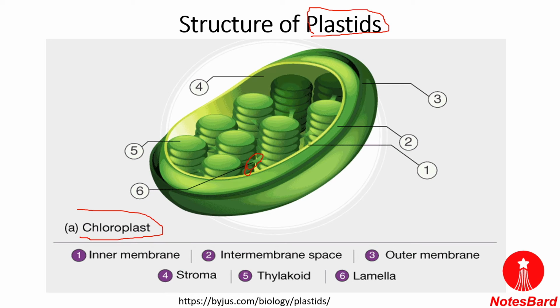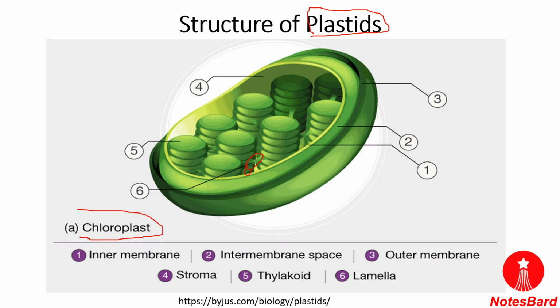So the chloroplasts are found in all the higher plants, and they are usually oval or biconvex in shape, found within the mesophyll of the plant cell. So where are they found? We have discussed that there are two types of photosynthetic cells: first is the mesophyll and the bundle sheath. They are found in the mesophyll of the plant cells.